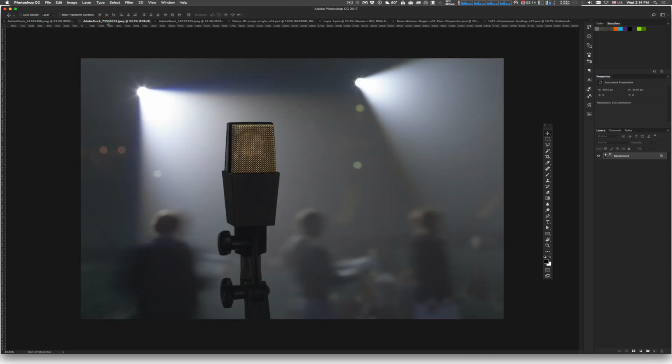Now for the other one, on this one, we obviously have to take this microphone out. I don't like it. It's a little too modern, a little too simple, and it doesn't really fit the style of the picture. So what I wanted to do is, again, turn this into a non-background layer. And so here we have two different areas. We have some really soft gradients on the left, and we have a little bit darker gradient on the right,